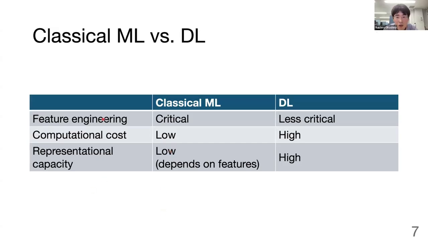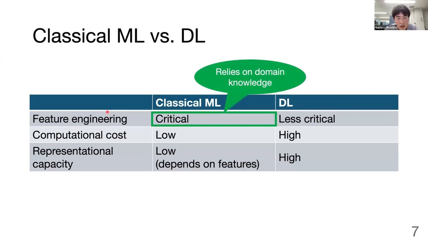Now let's compare the two approaches, classical machine learning and deep learning. Classical machine learning typically requires careful feature engineering due to its limited representational capacity. Deep learning, on the other hand, can learn directly from the board state without manual feature engineering. However, deep learning is much more computationally expensive. Therefore, in some games, a classical machine learning approach can actually be stronger. This is because its computational efficiency allows for a much faster and deeper search.